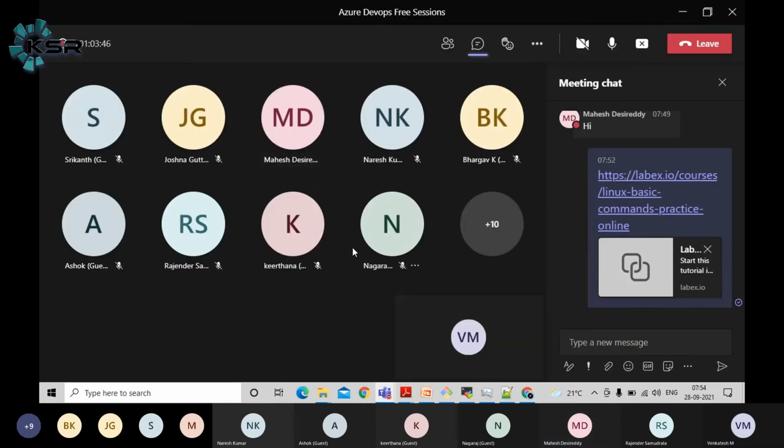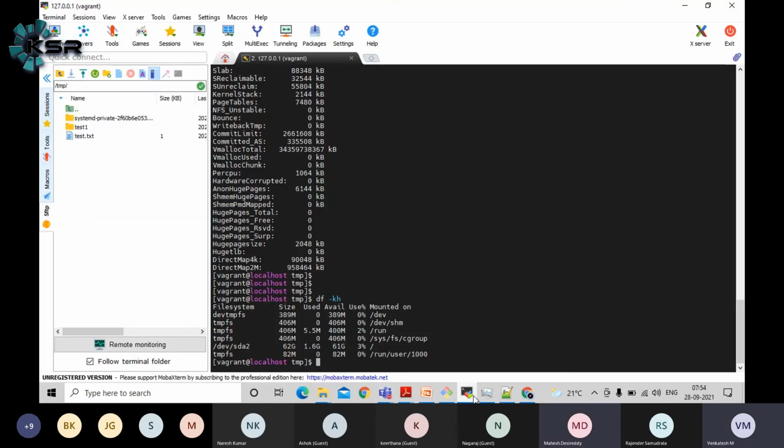Then let's unpause and restart the session again. Up to here we have tried, guys. Then we have some other commands also. In Windows, I have something like zipping, 7-Zip and WinZip. Just like that, in Linux also we can do compression and decompression operations, guys. To do that we have a couple of utilities: one is tar, one is gzip, and another is zip. Sometimes zip and unzip may not be available in the default distribution.